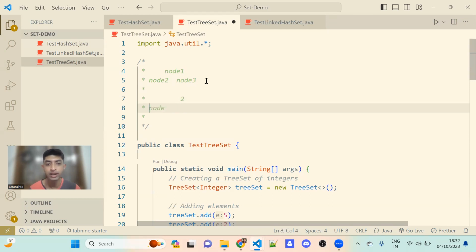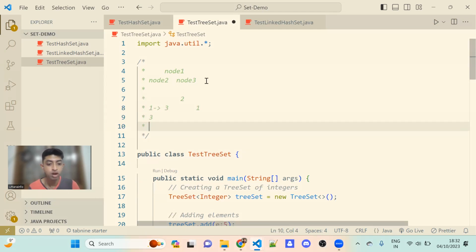Then you try to add 1. So 1 is not greater than 2. That's why it is added as the right child node to this particular node. Then you try to add 3. So it will add 3 as the left child node. Then you try to add